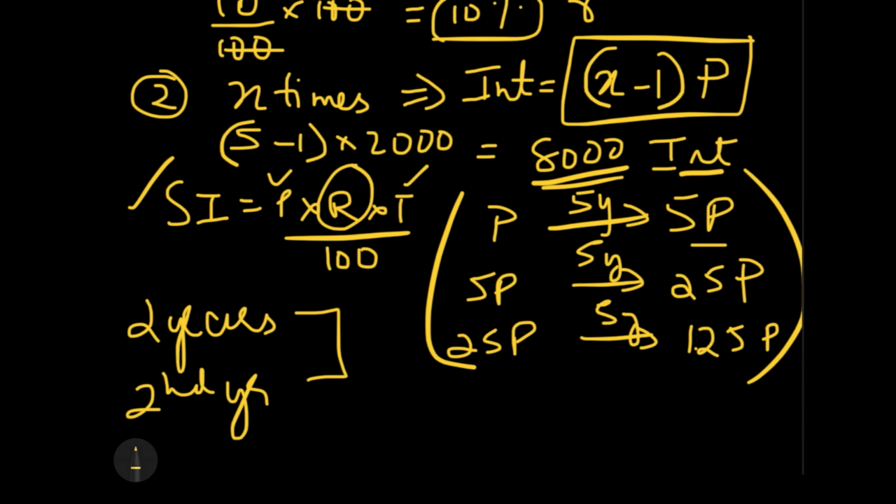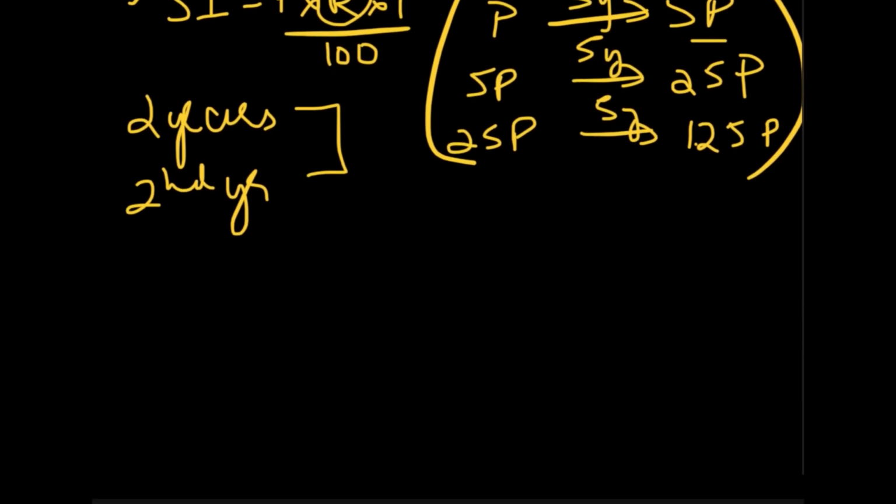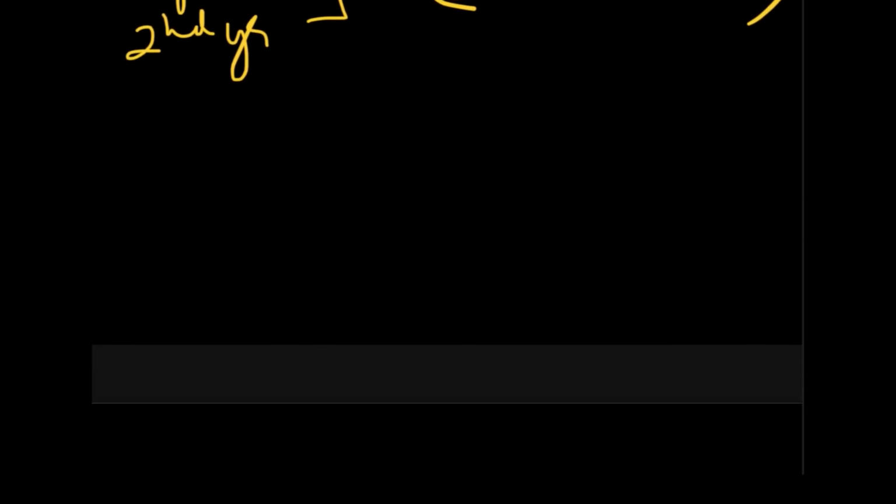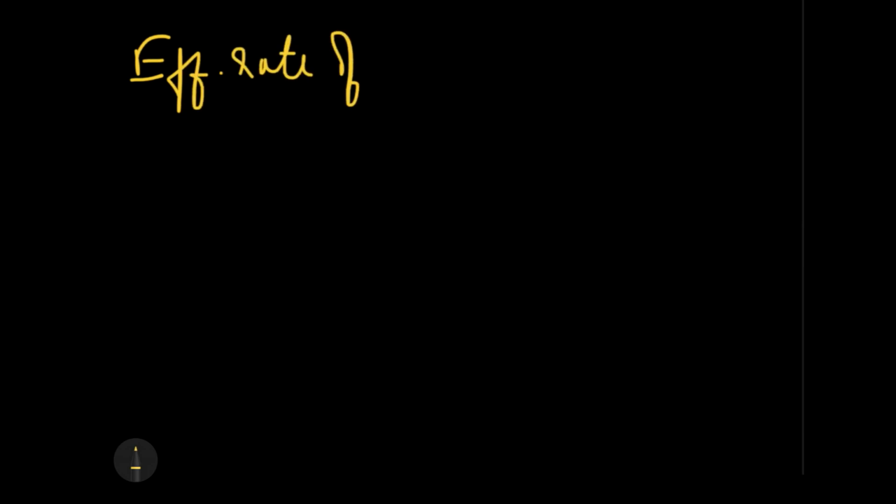Now, if two interests are given to calculate, I have already discussed with you, I guess. Let me think, what more should I cover here? Yeah, I should cover the effective rate of interest. This is something similar to what we have done in the successive discounts. So I'll be covering that. The effective rate of interest is nothing but the successive rates, which we have done.